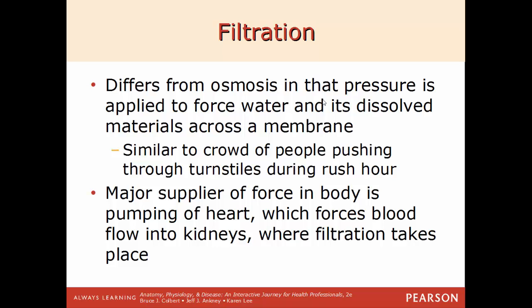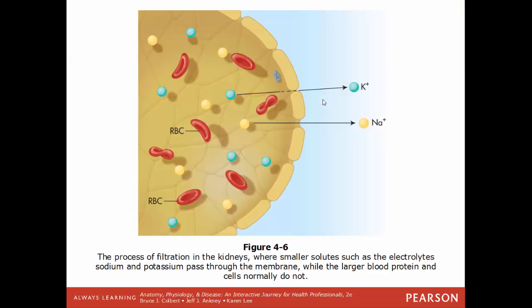Now the major supplier of this force is the pumping of the heart, which forces blood into the kidneys to be filtered, and the higher the filtration rate, the faster things can get filtered out of the kidneys and the faster you get toxins out of your body. So this is something that is being driven by the contractions of the heart muscle. Here's an image of filtration inside the kidneys, and this is a process we'll talk about in more detail in a